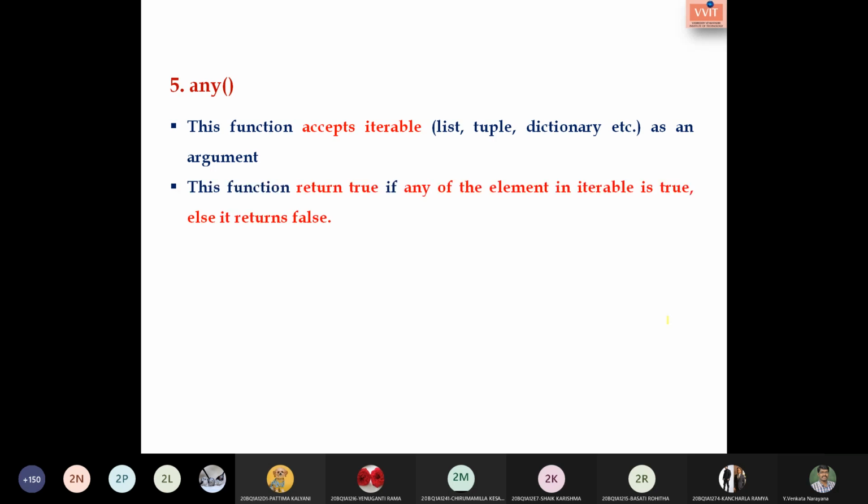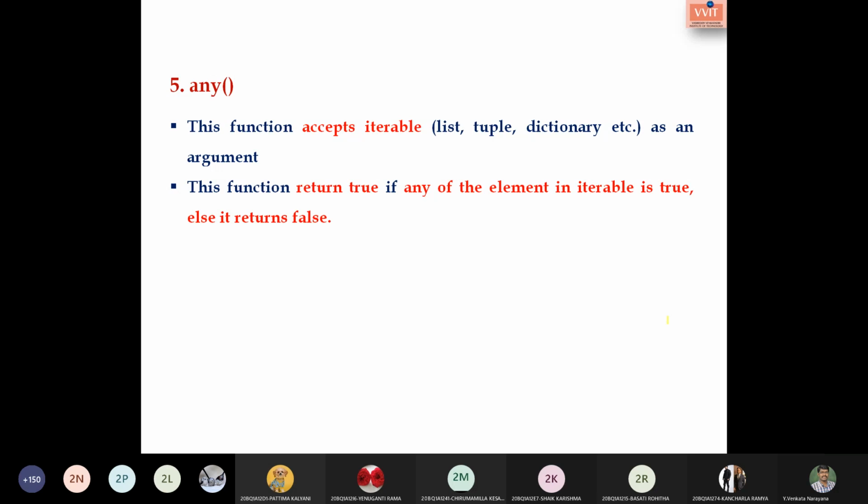This function returns true if any of the elements in the iterable is true, else it returns false. If you go with the example, then you will be able to understand.